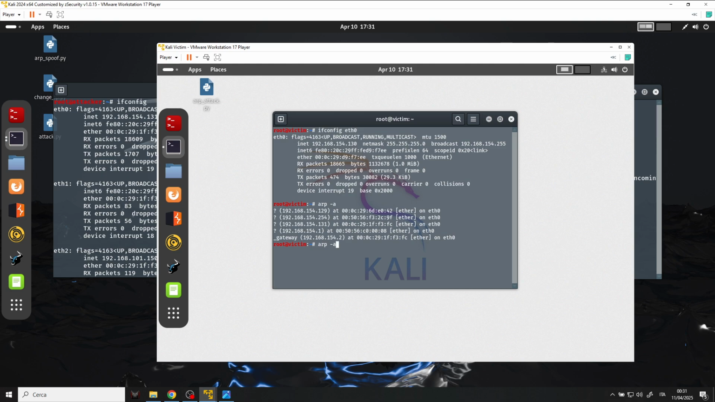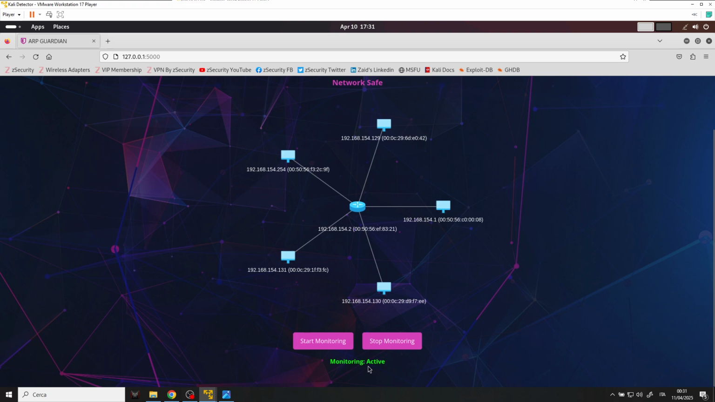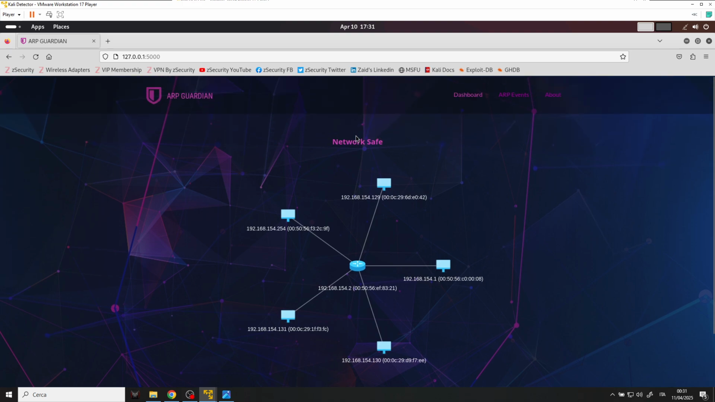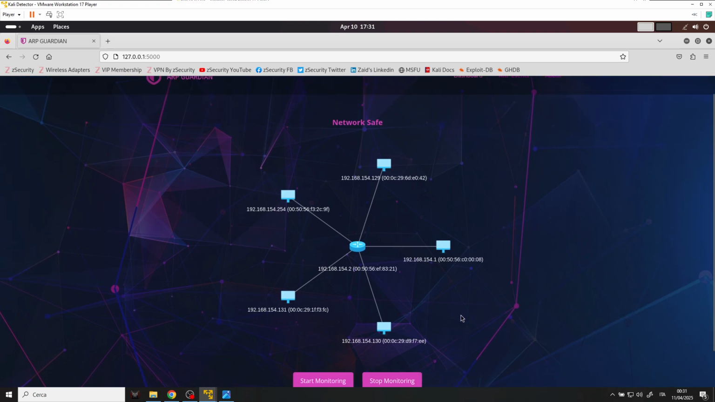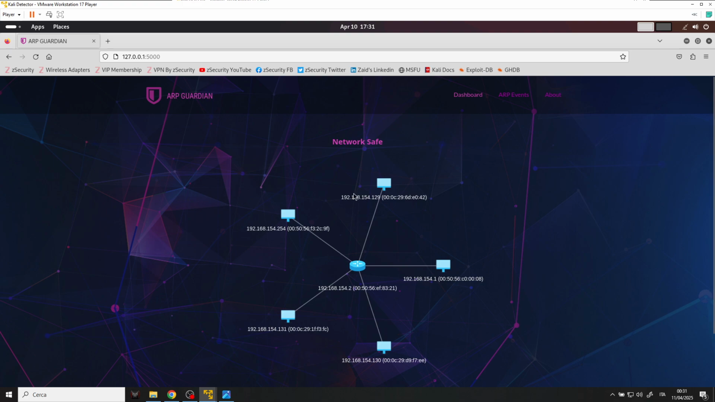In fact, as you can see here, we have the 131 with its MAC address, the attacker MAC address, while the gateway has its own MAC address, as expected in a normal scenario. So as you can see, the monitoring is active and the network is safe, and this works perfectly. Well, now let's stop the monitoring, and we can say that this attack detection works fine